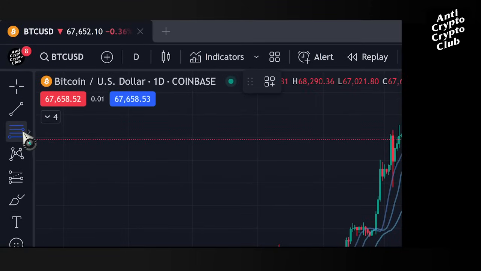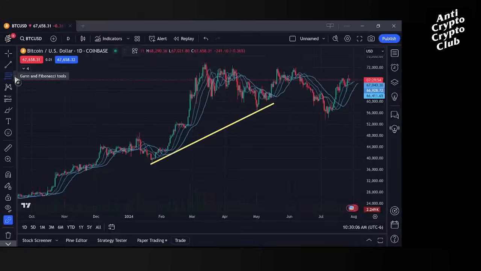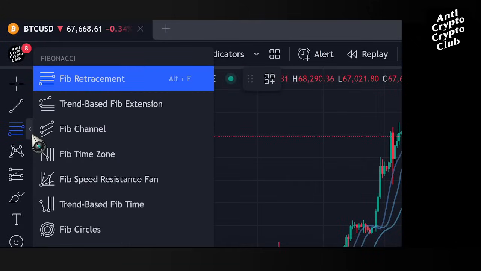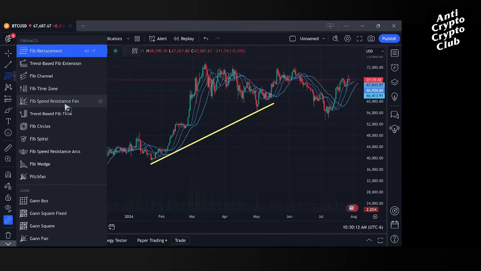Here we have our Fibonacci retracement. You can also click on this little arrow right here, and then this is where we can set different fib channels, fib time zones, fib spirals, circles, so on and so forth, Gann boxes, a Gann square, the Gann fan. These are all going to be sort of Fibonacci